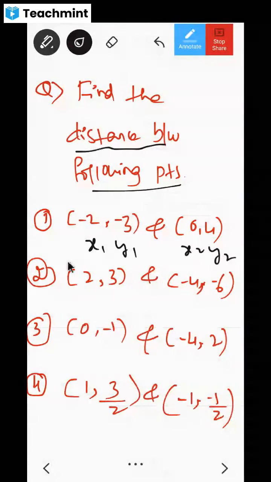Based upon that, I have solved so many types of problems. Did you get finding the value of k, then finding the value of p? I have discussed all those things, or not, dear children? Yes, sir. This is the 10th standard syllabus: finding the value of k, finding the value of p, and points which are equidistant. They will give you one point, equidistant from both the points, and they will ask the coordinate of this point, that is 2 comma p. P they will ask. So like that, there are so many kinds of questions.